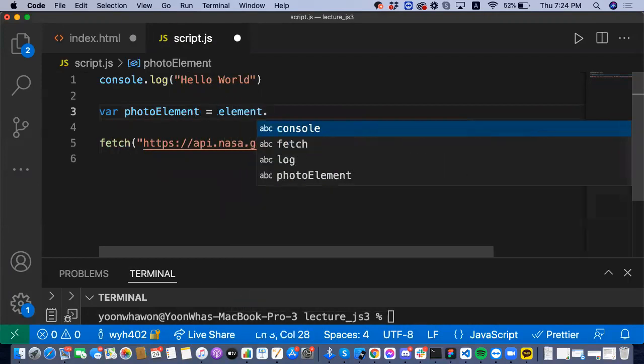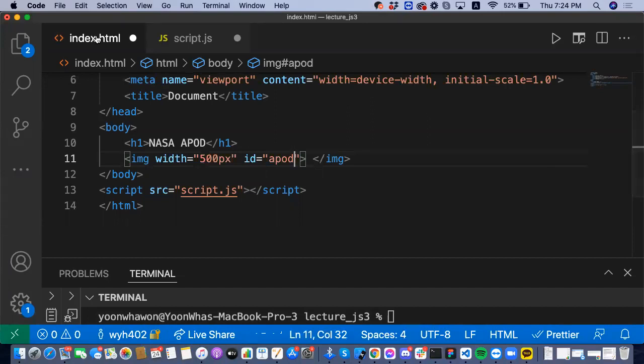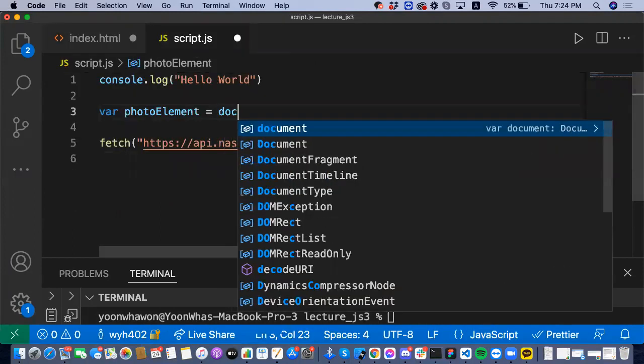All right, now, moving forward through our JavaScript, we want to be able to access this element, like I said before. So in order to do that, on our JavaScript page, we can use something called